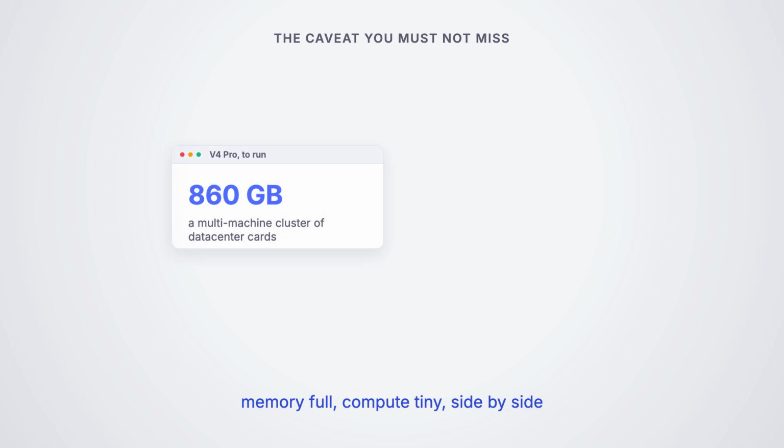Concretely, running V4 Pro means loading something on the order of 860 gigabytes of weights, which needs a multi-machine cluster of data center graphics cards. The smaller V4 Flash needs roughly 170 gigabytes, fitting on about 2 high-end data center cards, and that is the